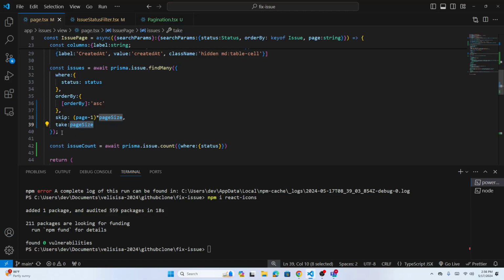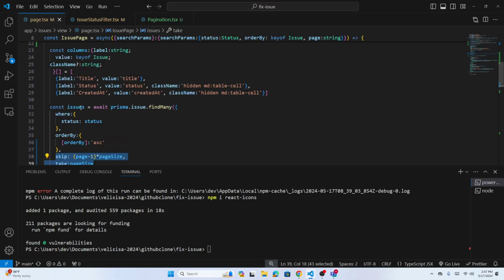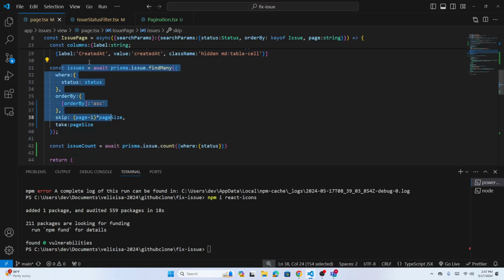These two things you have to pass in order to make the pagination work. When you click, it will send the page number in the query string, and based on that, automatically it will run this function, getting the issues